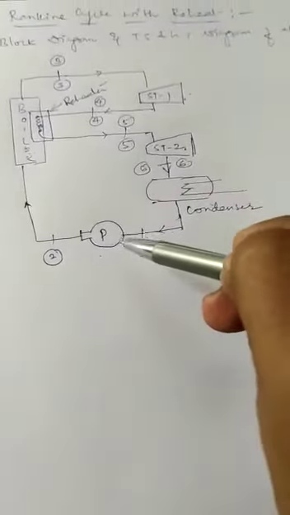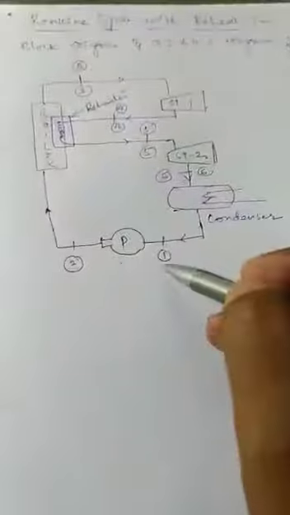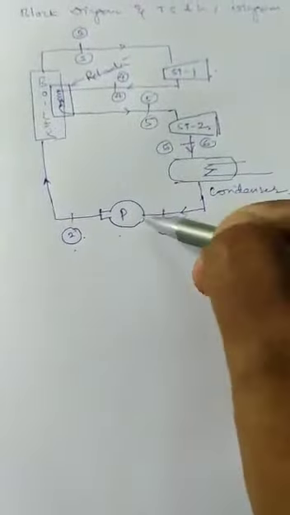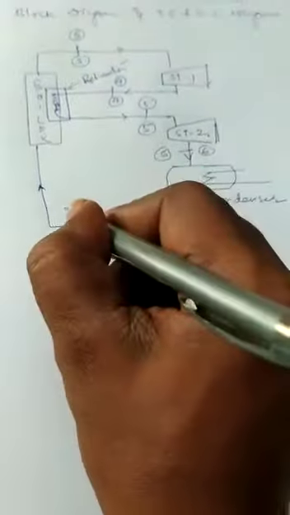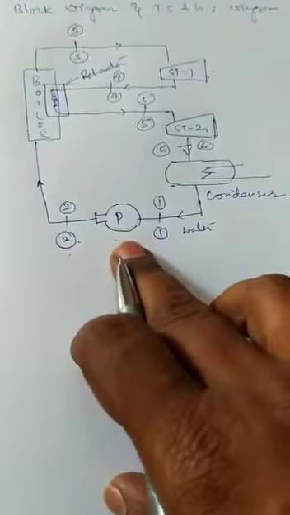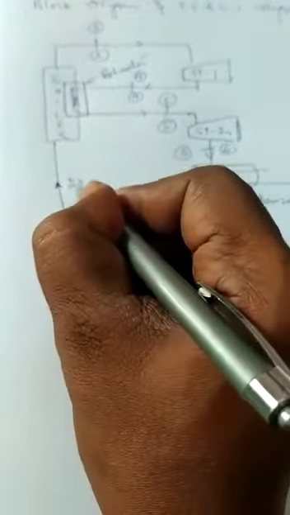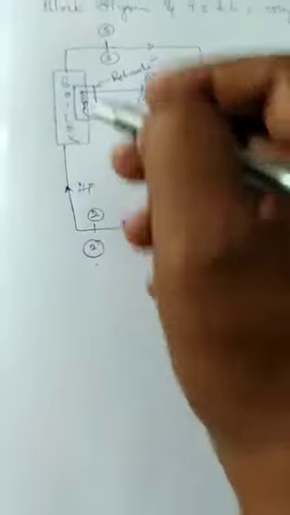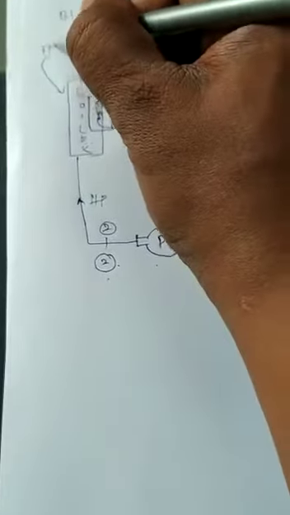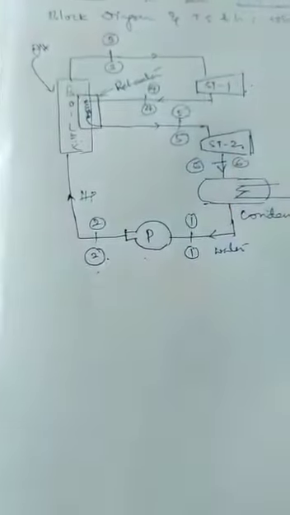The working principle of this Rankine cycle with reheat is, first we consider the 1 to 2 process, that is the pumping process. As told in the last class, the working substance is water here at point 1. The pump increases the pressure of the water from low pressure to high pressure. This high pressure water enters the boiler. Here we are adding an external source of energy, that is heat is added to the boiler.